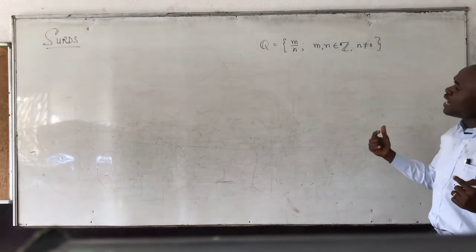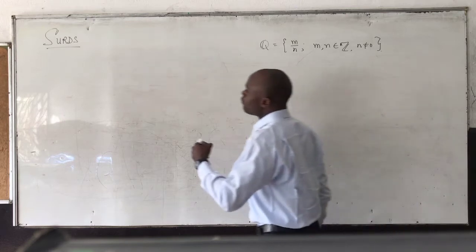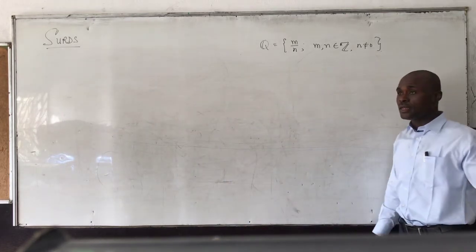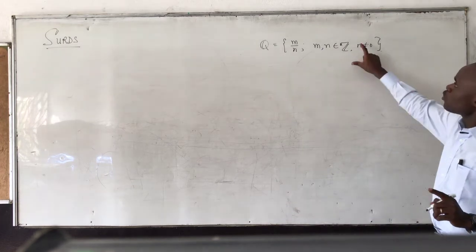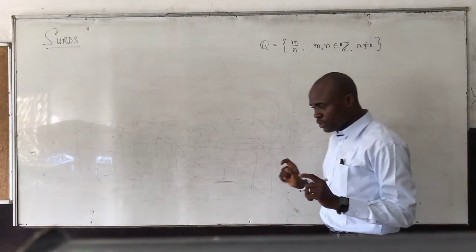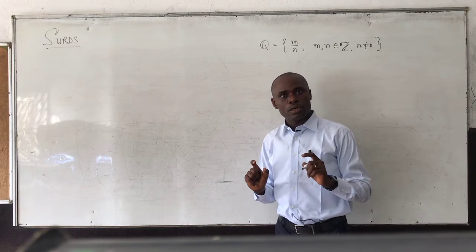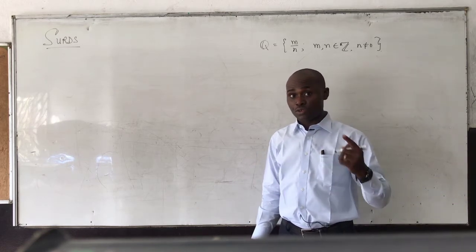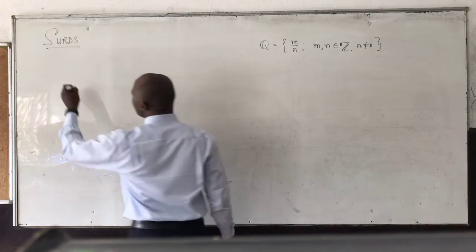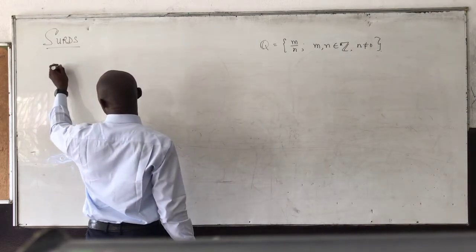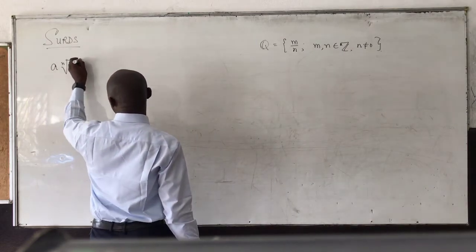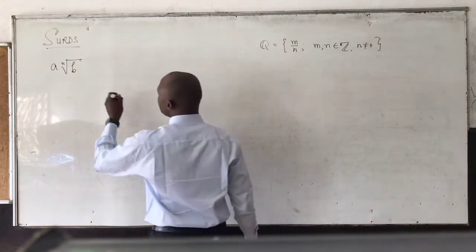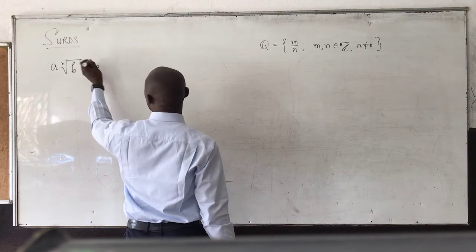I'm not going to take much time to explain irrational numbers. I did that in the last video. You can check the last video. So if we have roots that give us irrational numbers, such numbers are referred to as Surds. What do I mean? If I have something of this form, this is a Surd